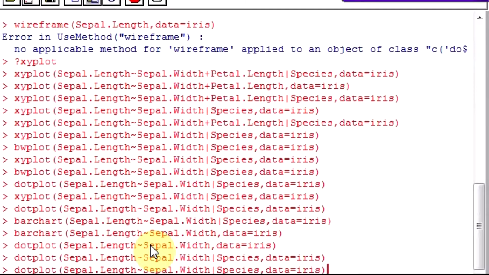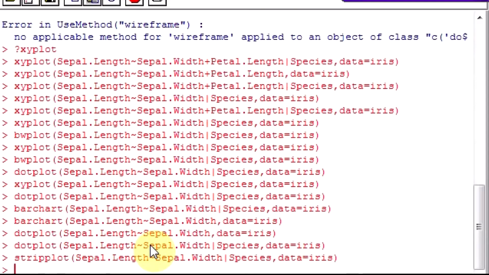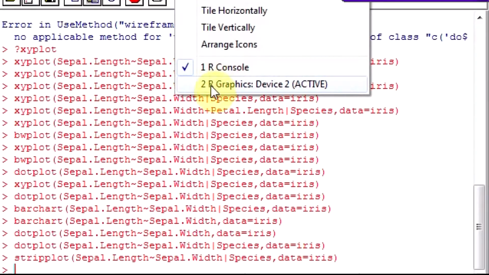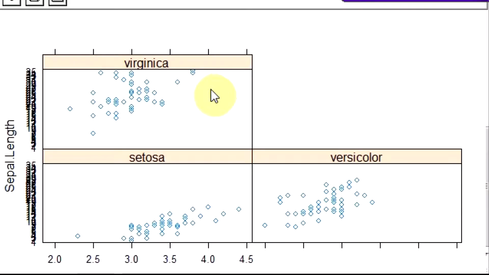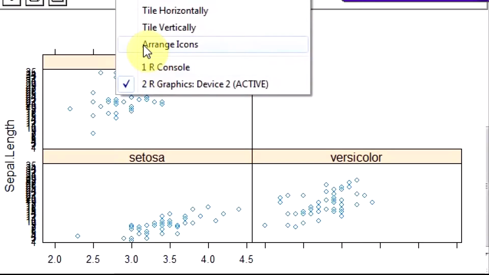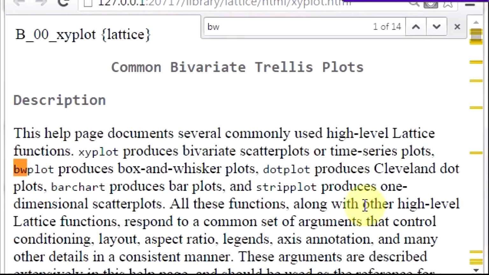What about strip plot? Can I do strip plot on two objects? Right? What's the difference between a strip plot and an XY plot? Come to the help.